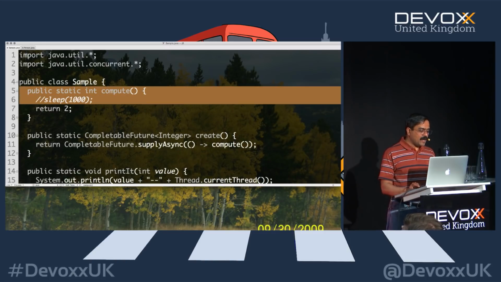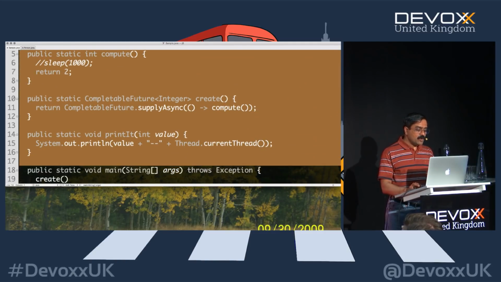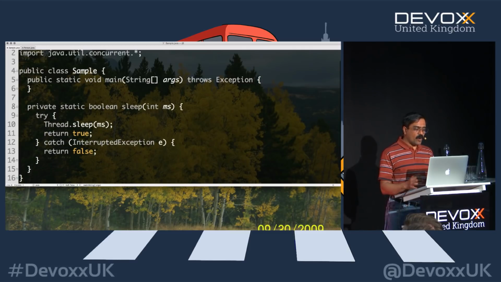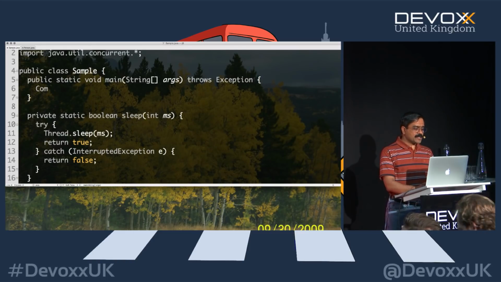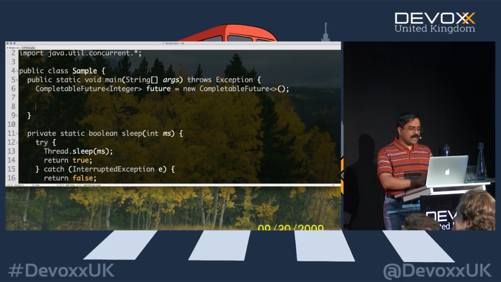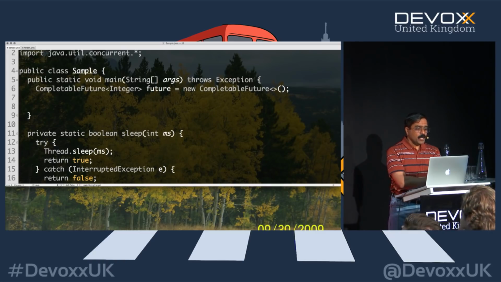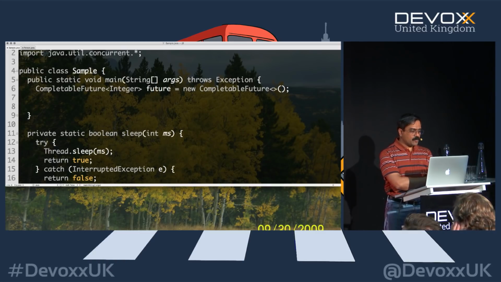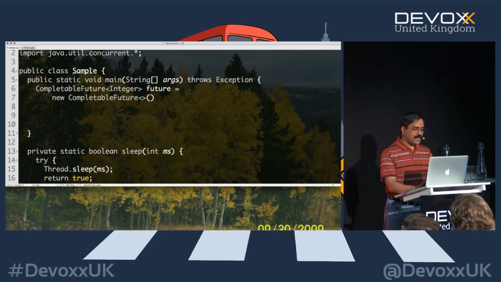That's what I'm going to do now: create an example where we create a pipeline first, and then push the data through the pipeline. So what I want to do here is CompletableFuture of Integer. We'll call it future is equal to new CompletableFuture. So we created a CompletableFuture object right here. What's our next step? Once we created this CompletableFuture, let's go ahead and say dot thenApply.